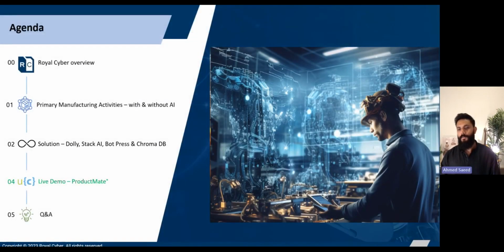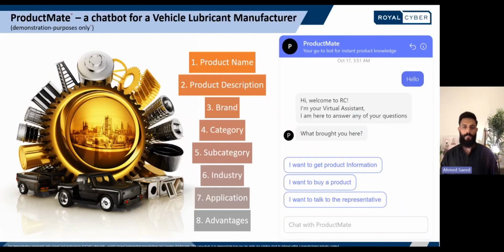Alrighty then, time to see product mate in action. Here's a brief data overview before we jump into that. So we have downloaded data that is owned and produced by FUCHS Lubricants, which is world's largest independent manufacturer and supplier of lubricants. This case study is to demonstrate how we can apply our solution stack to data sets within a manufacturing industry context.